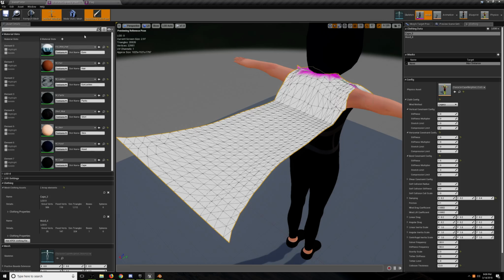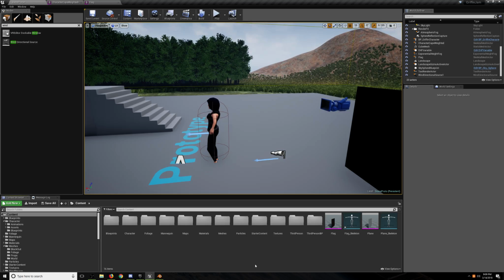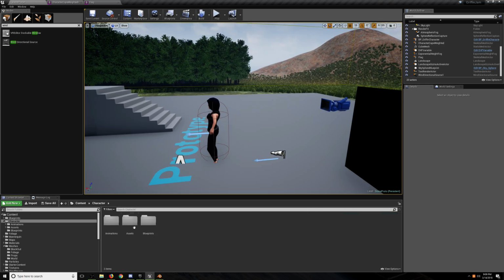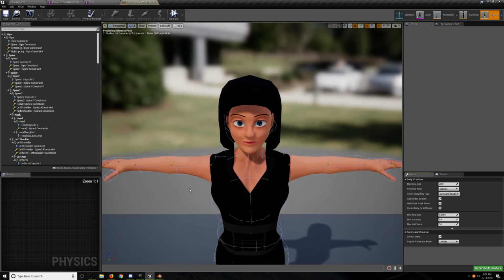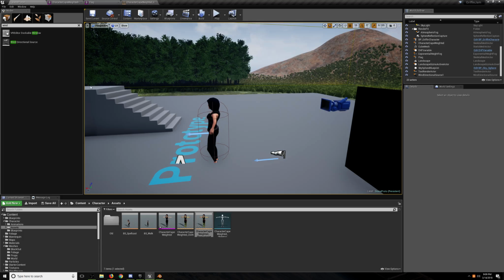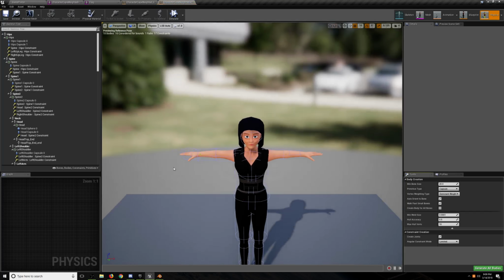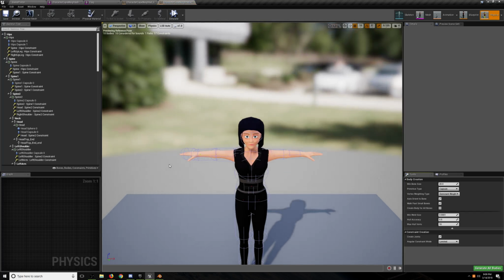One thing you'll want to do is to make sure you have the physics asset set up correctly. It's important to note that you can use a separate physics asset for regular character physics, which is what we have here, and for cloth, which is what we have here. And that's important because there are a couple of problems you may run into. One, if you notice that your cloth just isn't simulating against the physics asset, you may have the scaling of your armature incorrect. So you may need to look at that forum post to try to get,